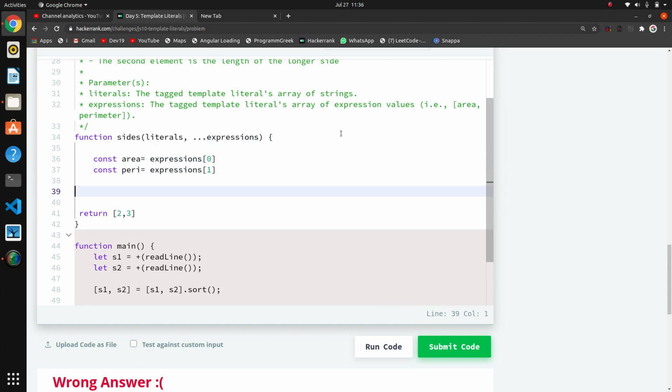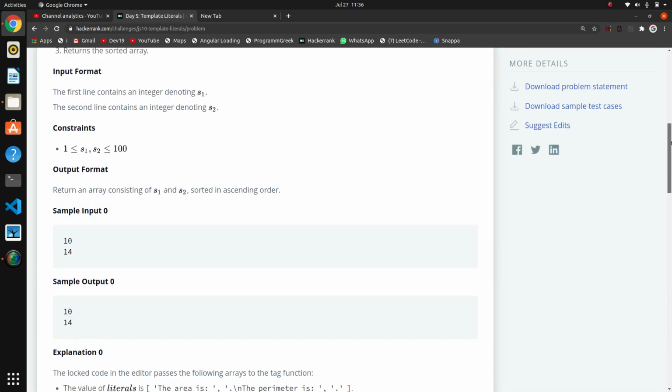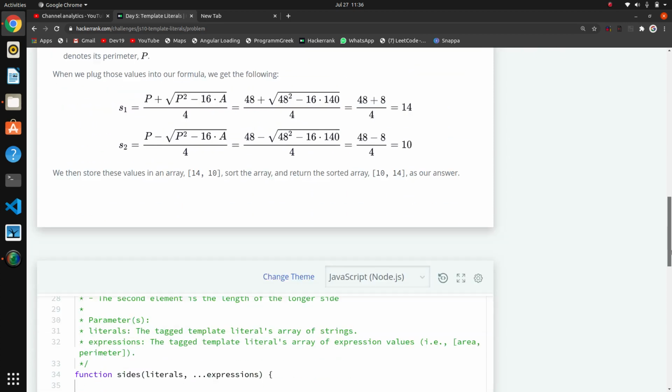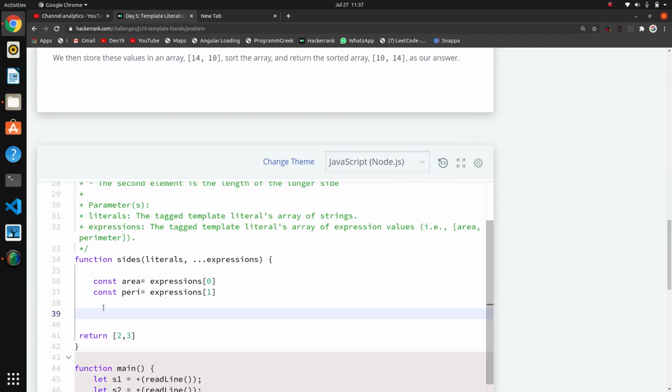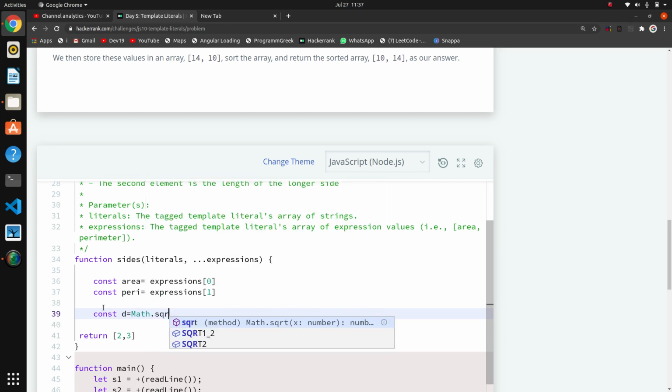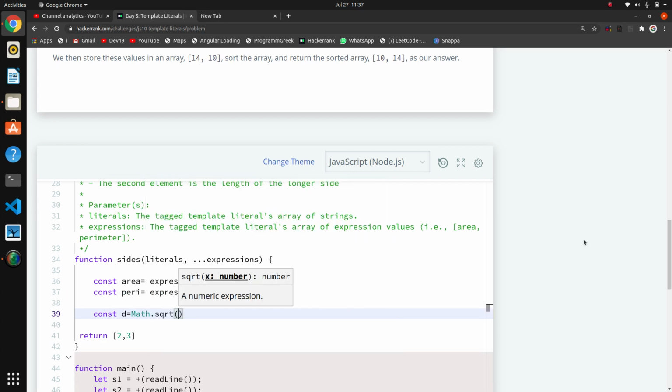Now what we have to do, that's the main thing. So these two are coming. Now we have to find these two values, s1 and s2, using this formula. First of all we want to find this square root part. P square minus 16 a, meaning square root of. So I will take that part. Const d is equal to Math.sqrt, square root. Square root of